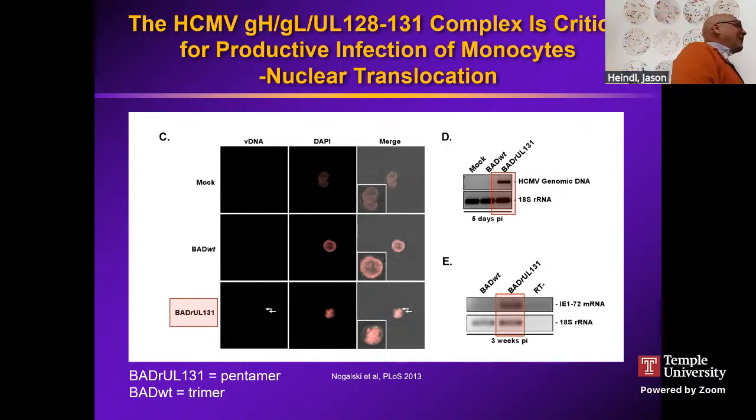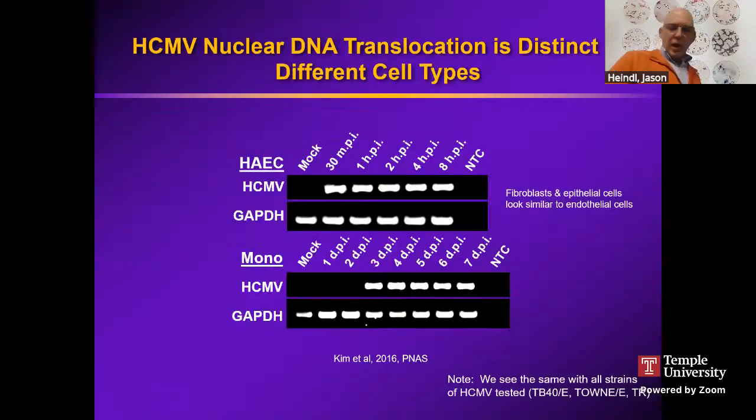There's a trafficking that's completely distinct in monocytes and these cell types. It actually takes 3 days to get to the nucleus. There's another step that we're not sure of, something silencing the genome when it finally gets in the nucleus. So this gives you a little clue to that question. So fibroblasts, epithelial cells and endothelials all would look the same. This would be endothelial cells, human aortic endothelial cells, but we took